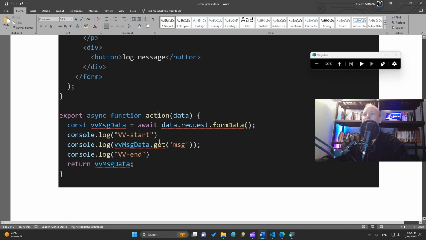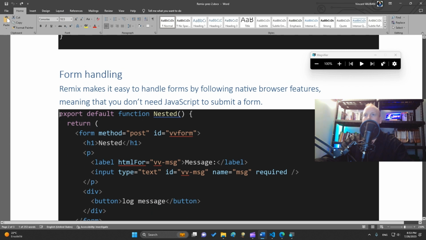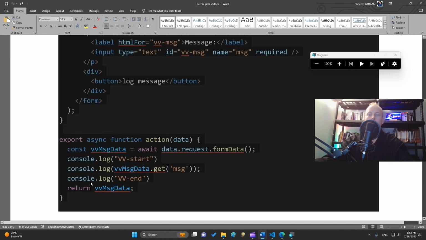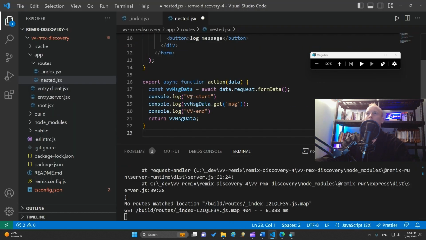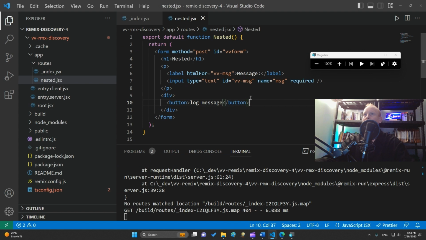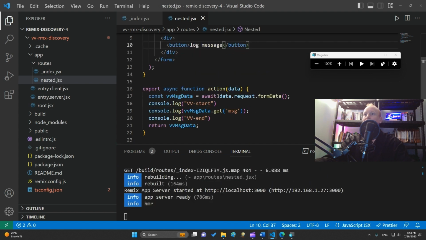In the action method, which is provided by default with Remix, this message will be extracted from this data with this method, data.request.formData, and then on this form data we'll get the msg name to get the value. So let's check this. I copy this code, I go back in my nested component. Here it is, pasted. So I save it, and you see in the processing we have vv start, vv end,